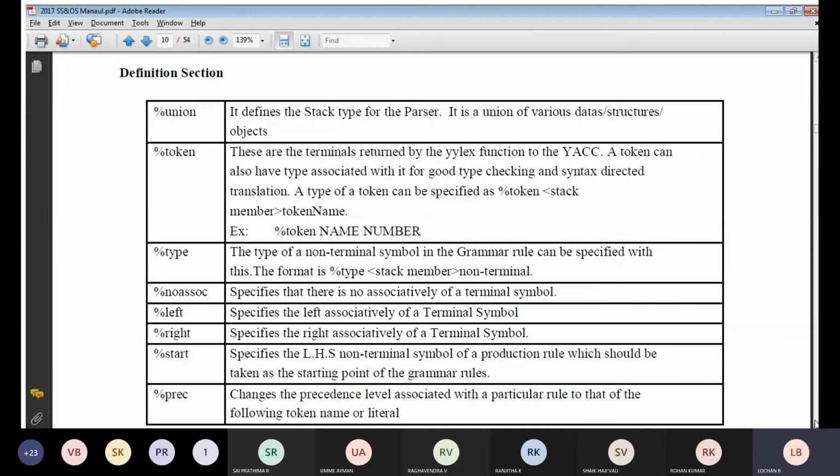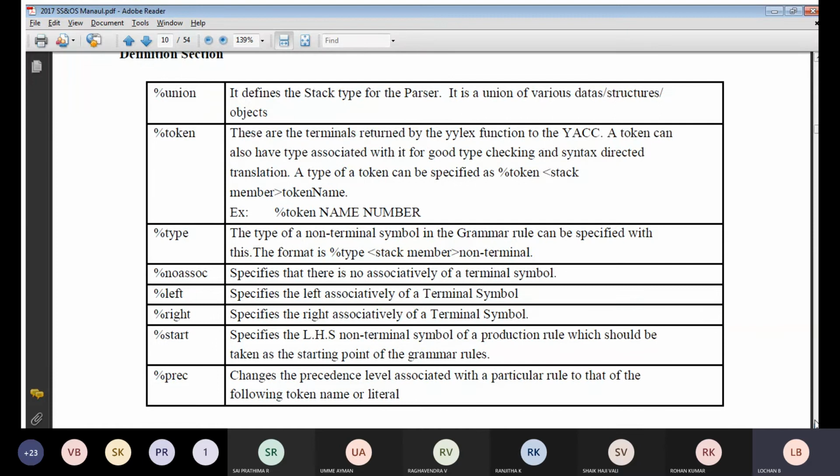That means we are going to check conditions. In that particular case, we will look at what functions you have used, and we are going to perform the operation. Percentage type, as usual, we will be using as a stack member. These are all the extension things we will be using. And the remaining things, same thing as usual.